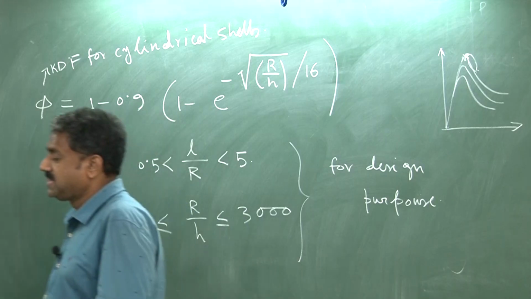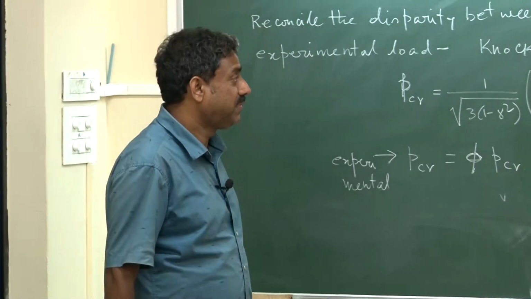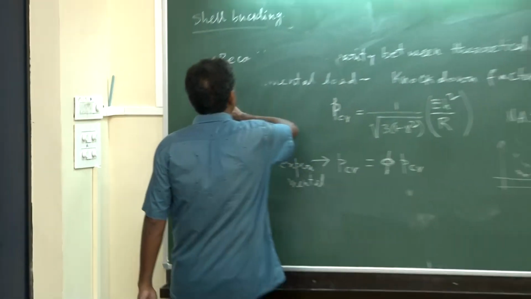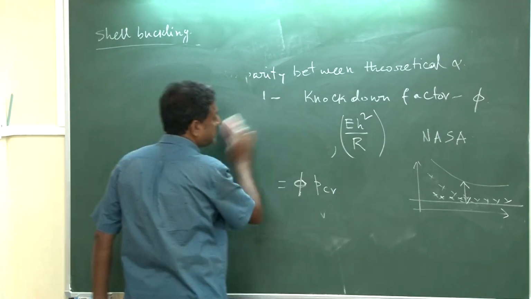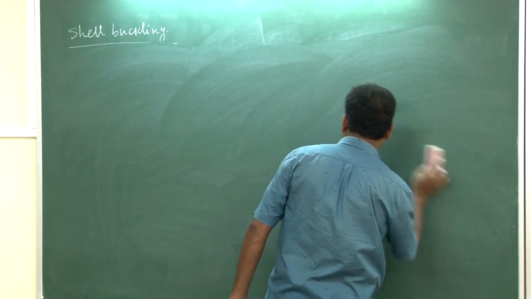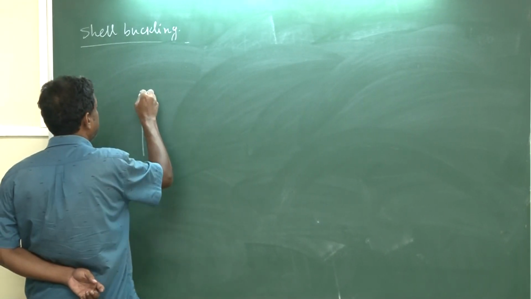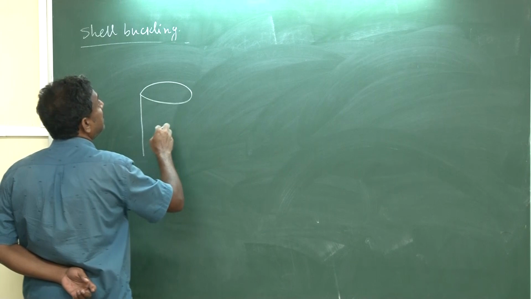NASA space exploration involves not only aircraft and other things, but space missions involve spacecraft, which are essentially made of shells, and then you have to be very careful about their design. So, if you do an experiment on cylindrical shell buckling,